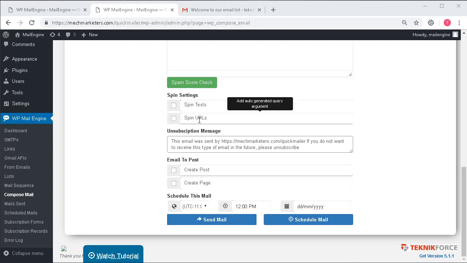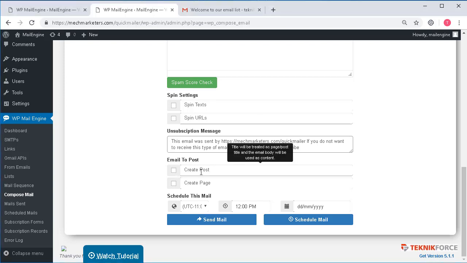Similarly, Spin URL uses JavaScript instead of standard HTML redirection and hides your URLs from the ESPs. Spin URLs will work only when a real user clicks on them, and it will then detect and decode the actual target site through your Mail Engine JavaScript. Only then they will be taken to the actual target site. So no ESPs can detect those target sites, and hence your mails will not be detected as spam and bulk mails by the ESPs. From there itself, you'll be able to convert your email and directly make it into a post on your WordPress site or a page on your WordPress site as well.